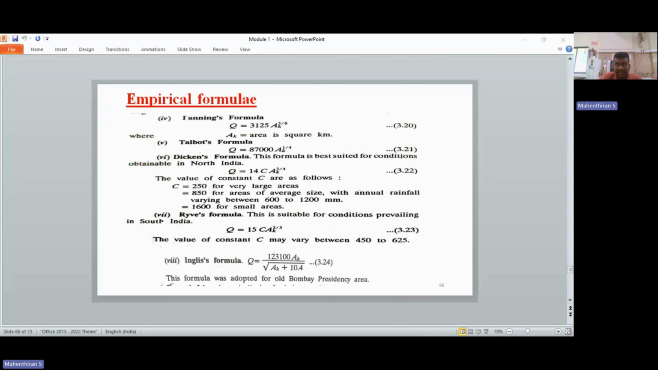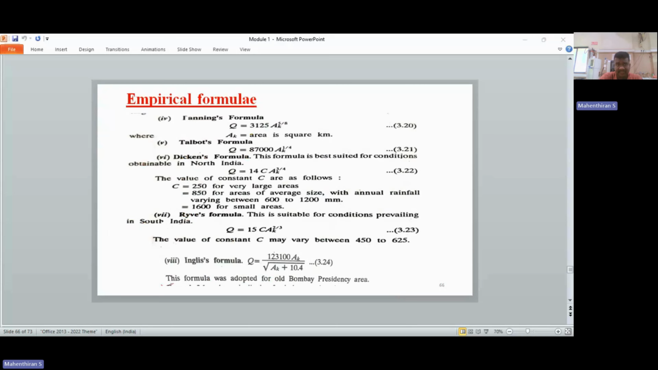We are going to look into Fanning's formula next. Fanning's formula is Q equal to 3125 AK to the power 5 by 8, where AK is the catchment area in square kilometer. Notice that exponent 5 by 8. This means that runoff increases very slowly as the area increases. Fanning's formula is suitable for